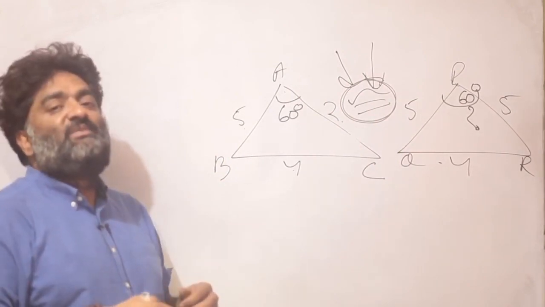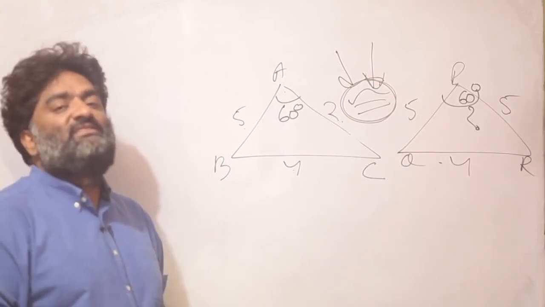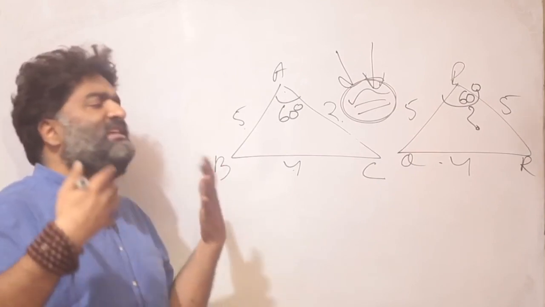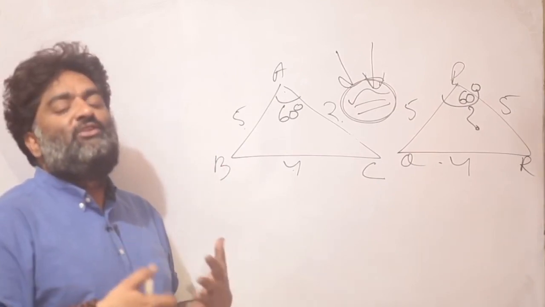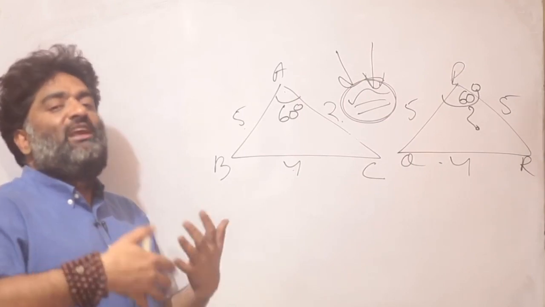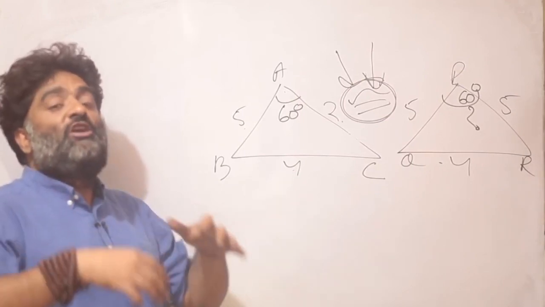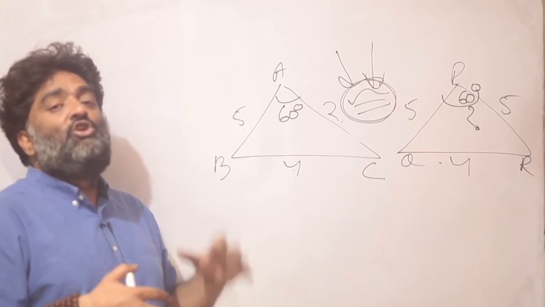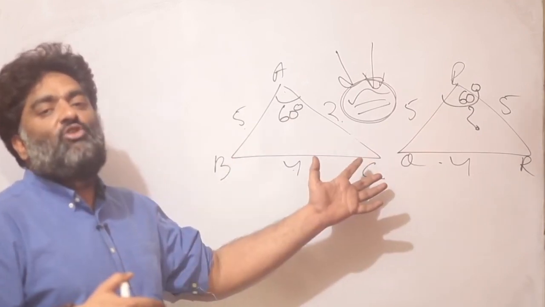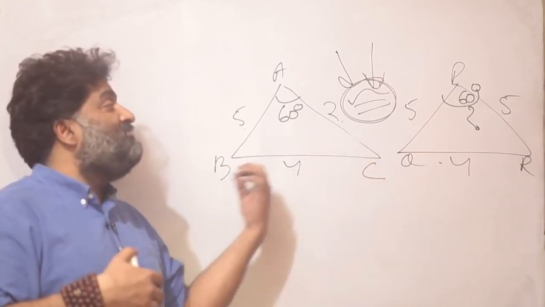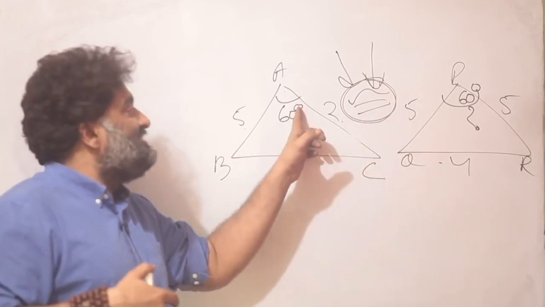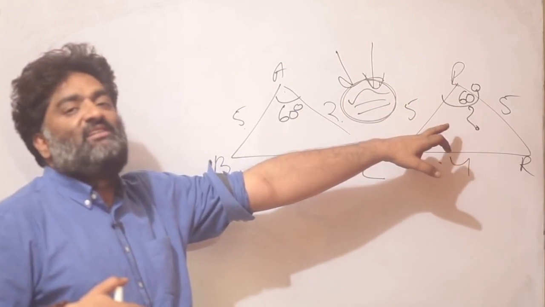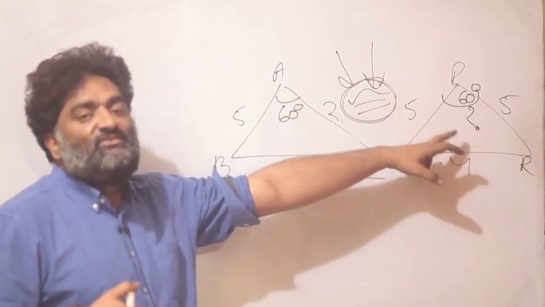Obviously, if somebody tells me all three sides and all six angles are equal to each other, then he has obviously told me that the triangles are congruent to each other. But nobody is going to give me that information. Or let me think from the other point of view, what minimum information is needed to prove that the two triangles are congruent to each other? Because if I can prove that they are congruent to each other, I get a lot of results. This angle is 60, so I can conclude that angle is 60. If this is 5, I can conclude that is 5, right?